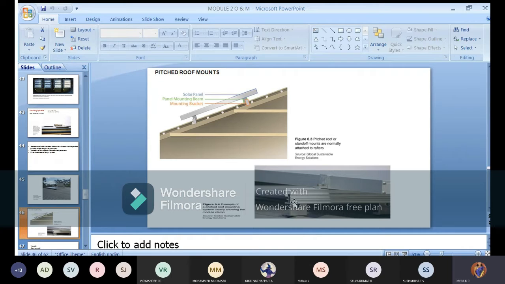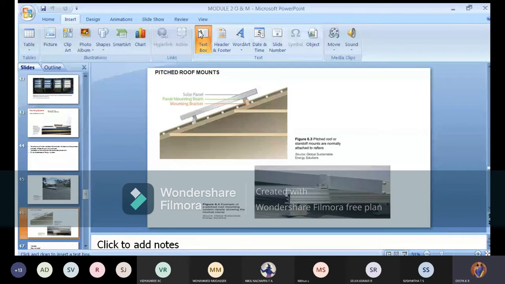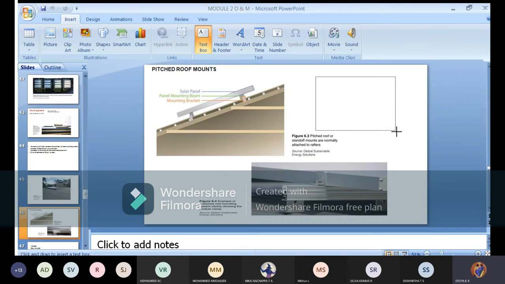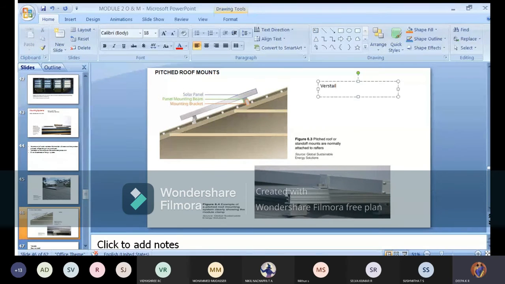This pitched roof mounting is what we most commonly prefer, because, same as roof mounting, it is also very versatile and we can easily install it, and expense-wise it is not very costly. I'll add these three points, because these are the advantages for why we prefer this pitched installation. It is easy to install. These are the main factors considered for pitched roof mounting.